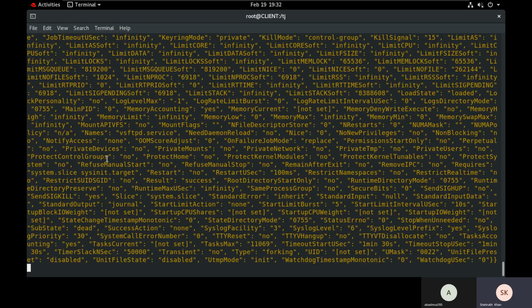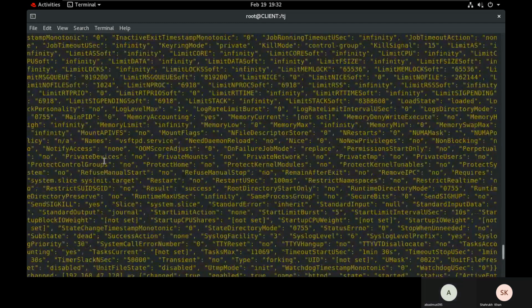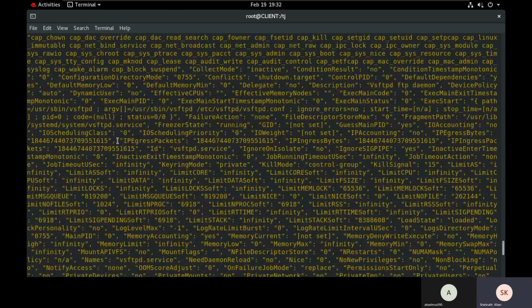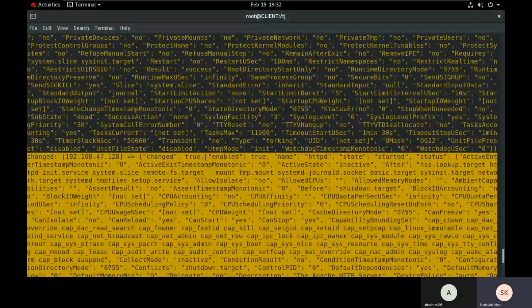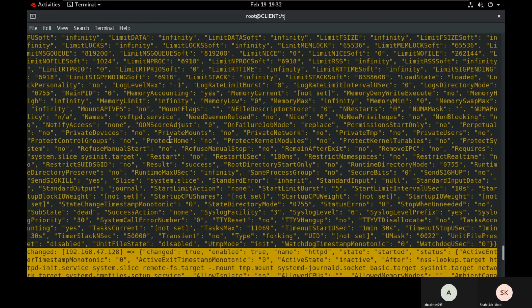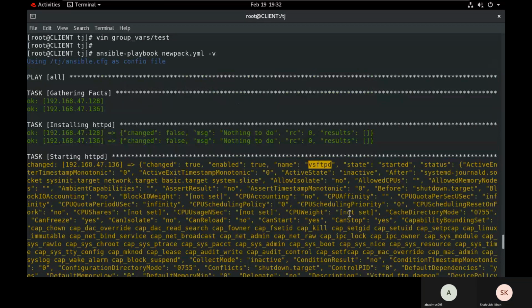Let's wait for it to run. On 128, it started the service httpd. If we go to this one, on 136, it started the service vsftpd. So you can define the variables for different groups, either in the inventory file,